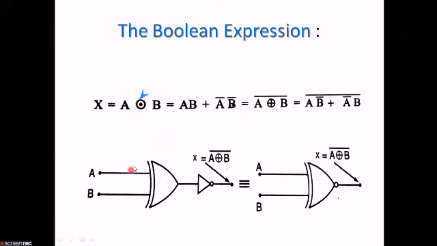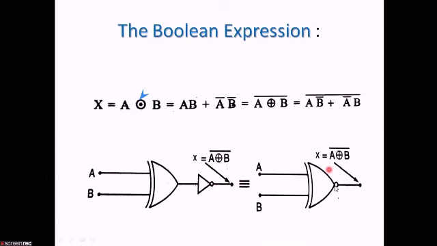So here this is an XOR gate. This whole one is an XOR gate, that is A B bar plus A bar B. From the output of the XOR gate we are getting A B bar plus A bar B. When this goes in the inverter, the output is A XOR B whole bar, that is A B bar plus A bar B whole bar. That is equivalent to AB plus A bar B bar.